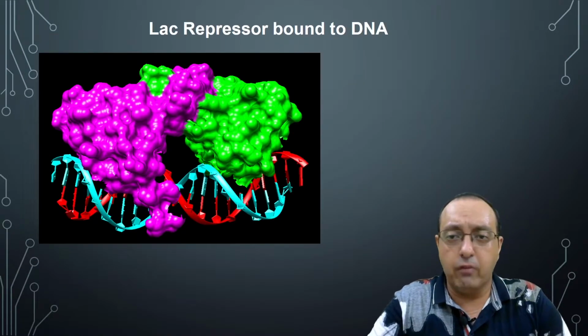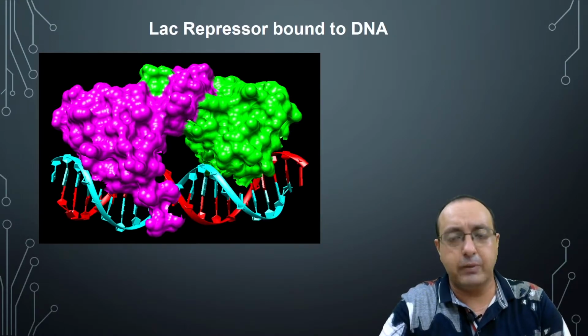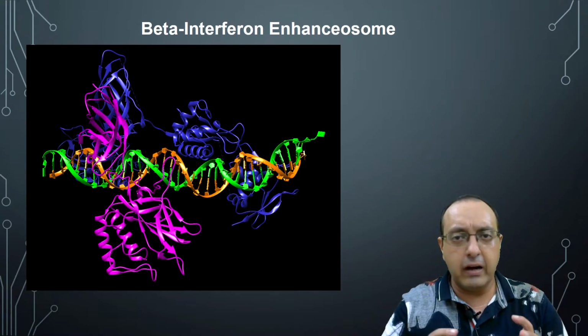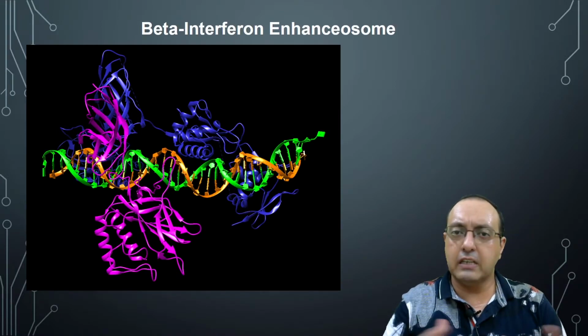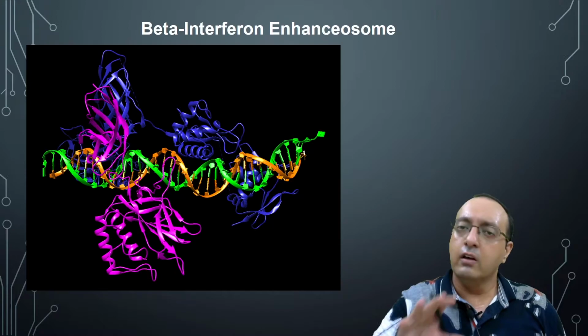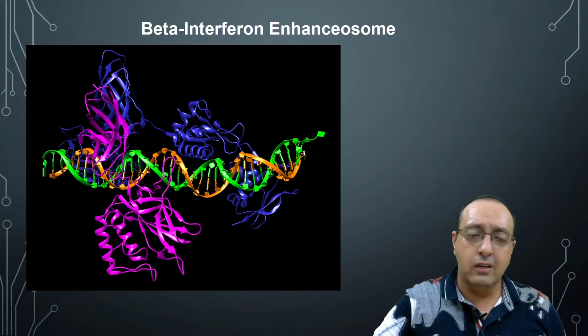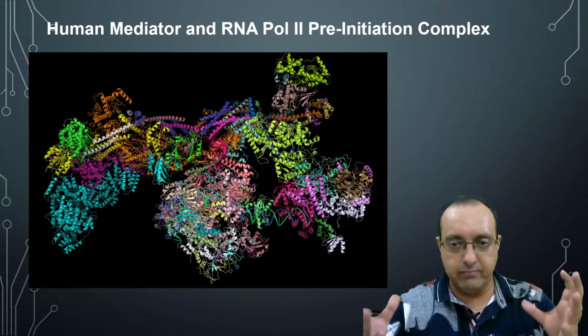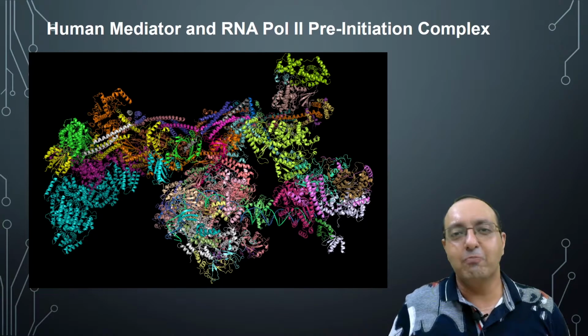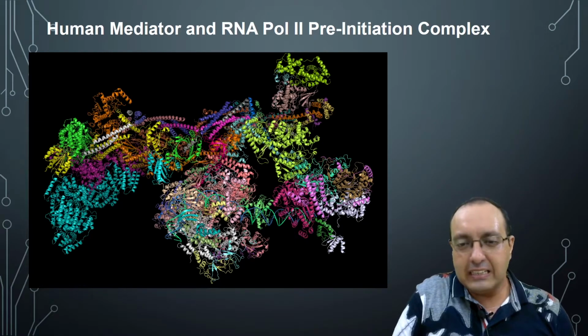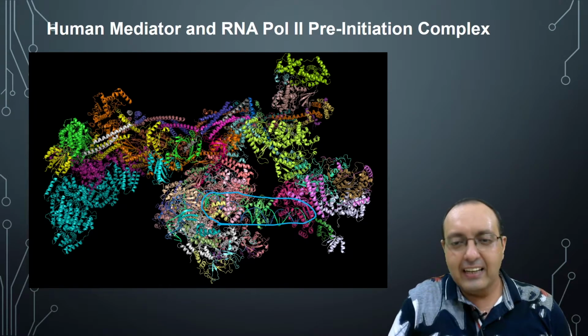Here is an example of lac repressor binding to the DNA, some canonical examples of DNA binding proteins. We have the beta interferon enhanceosome. These have multiple binding proteins, NF-kappa B, IRF7, IRF3, other proteins, Jun. They bind to the same interferon enhanceosome and regulate gene expression. And then we have really big assemblies, like here we have the gigantic mediator and RNA pol 2 pre-initiation complex. Each different color is a different protein, so you can imagine this is what is happening inside the cell when a gene is being transcribed, and this tiny thing is our DNA, and the whole